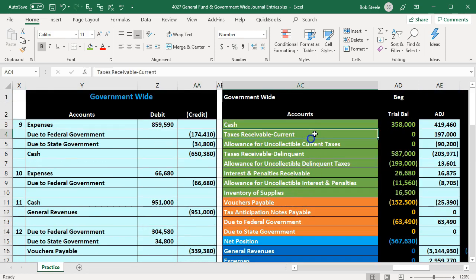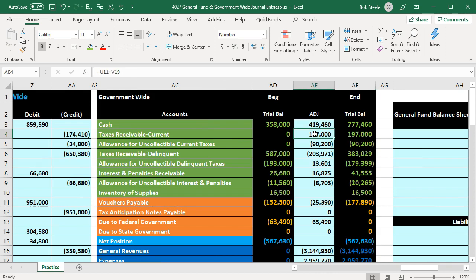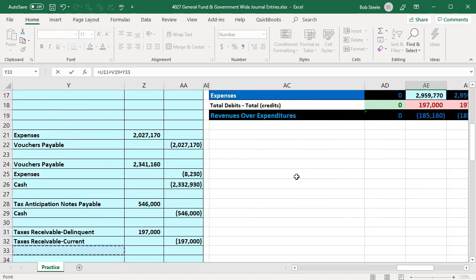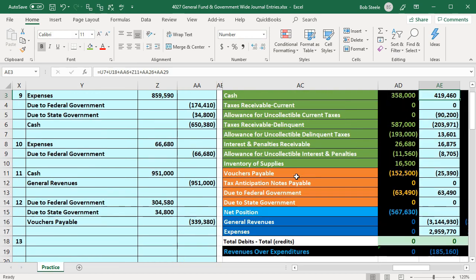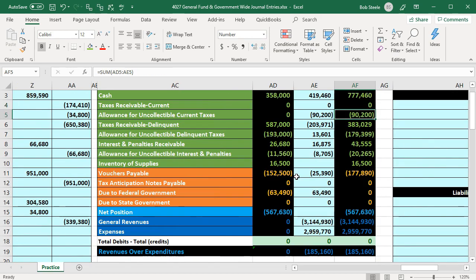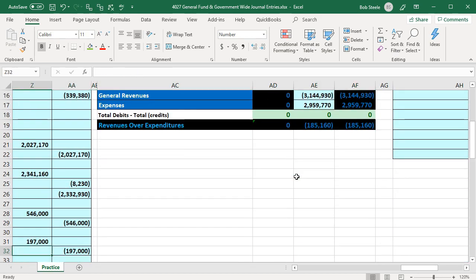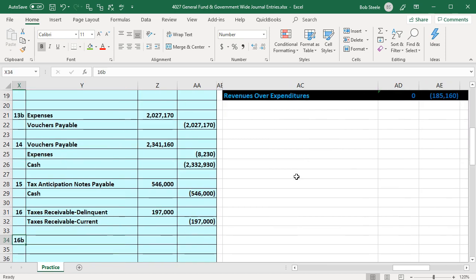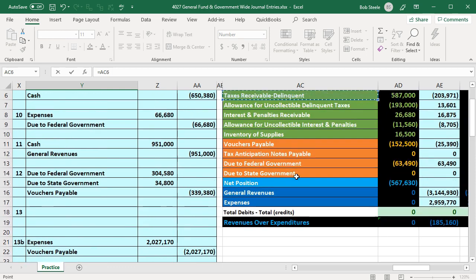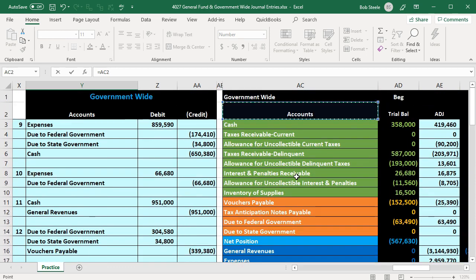So scrolling back up, receivable current, that's in AE4, double clicking on AE4. We're going to say plus and put the cursor back down. This should take this amount down to 0. That's going to be the credit, bringing us down to 0. That looks good. That's what we want. Nice work. Now the next item we're going to have is for the allowance. The allowance, we're going to debit the current allowance,